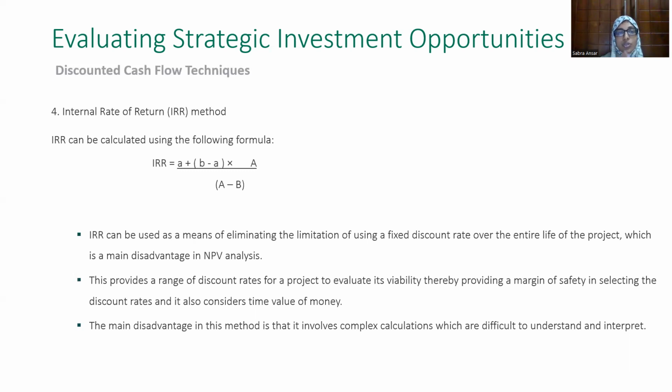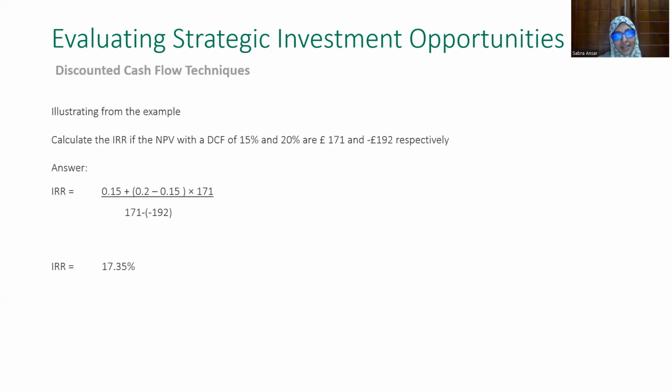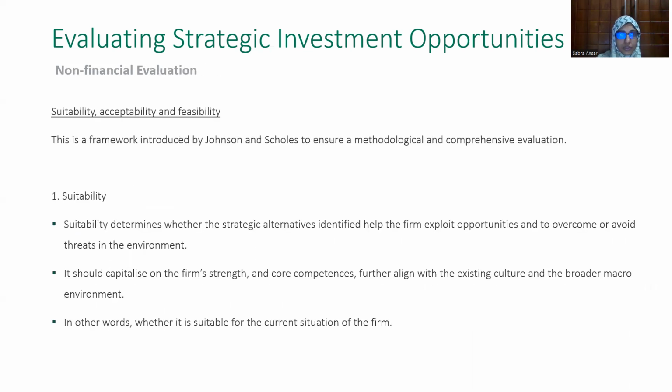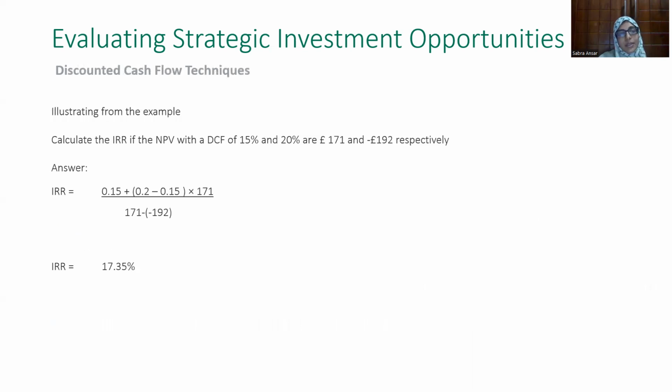Now we are moving forward to another step where we try to identify the IRR, or the internal rate of return. So when it comes to IRR, it can be calculated using this formula, as you can see, A plus B minus A into A minus B. Now you will wonder what exactly this is. So basically, what happens is